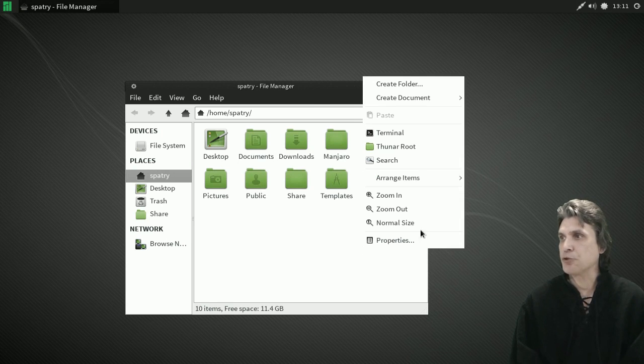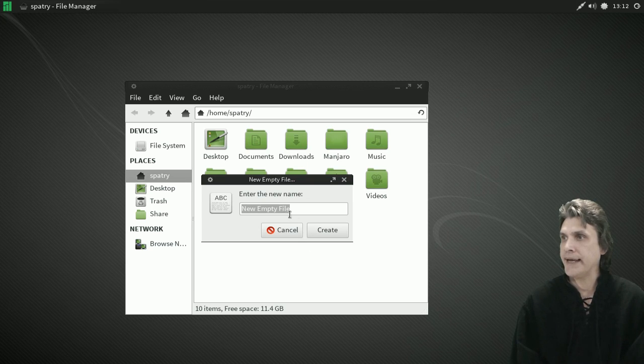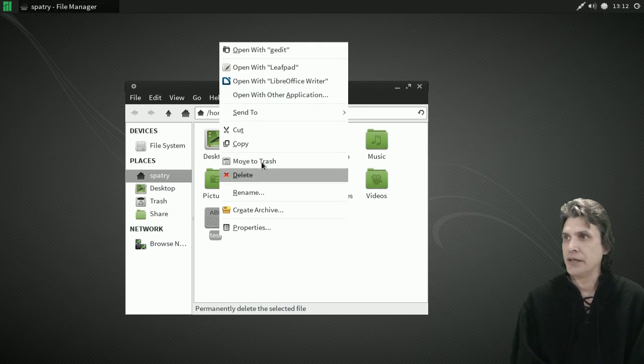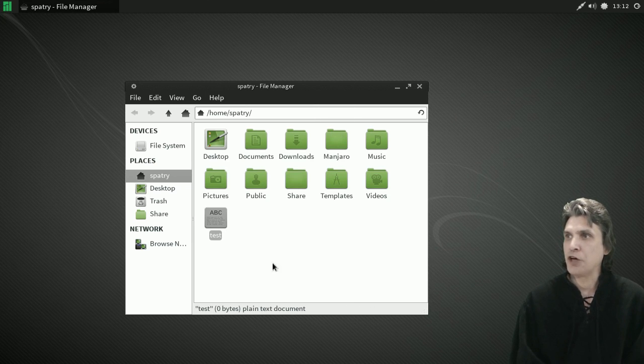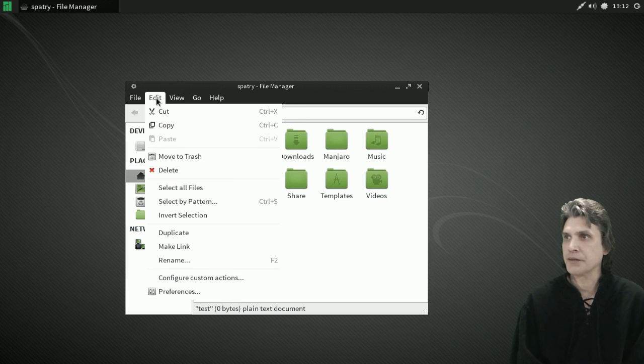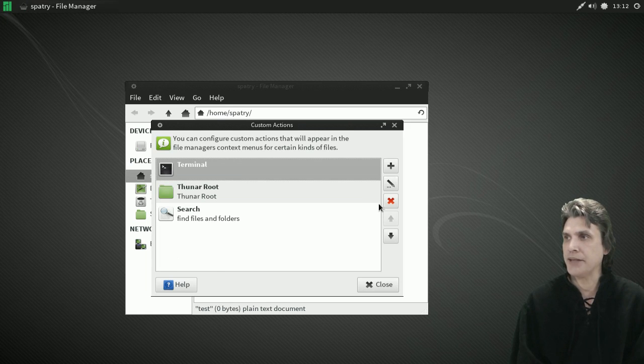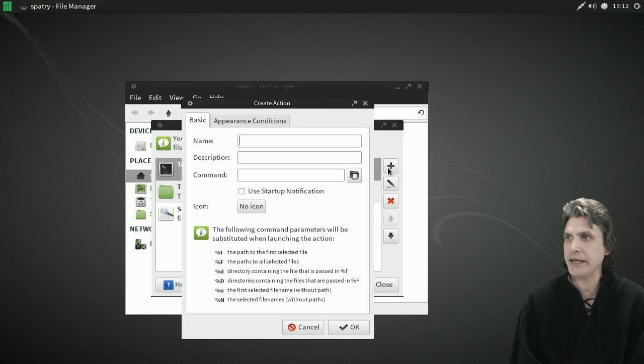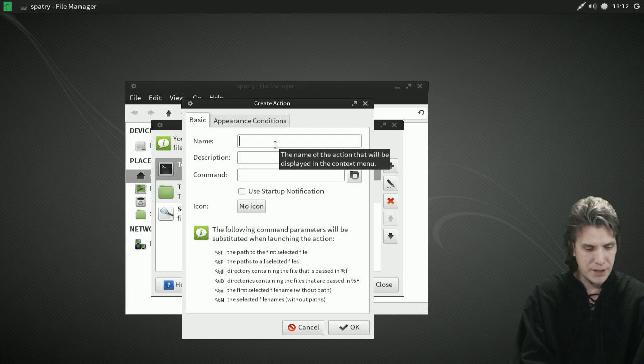But let's go ahead and create a plain text file. Okay, and I'm going to call this test. And when we right-click on this item, we don't have the option to edit this as root. So what we're going to need to do here is go into Configure Custom Actions, okay, and then we're going to press the plus button here. Okay, we're going to say Edit as Root,